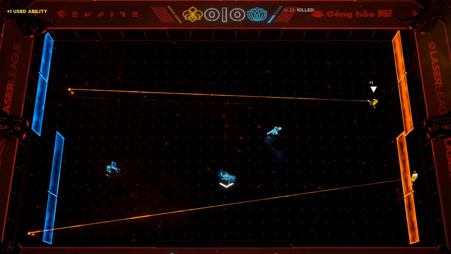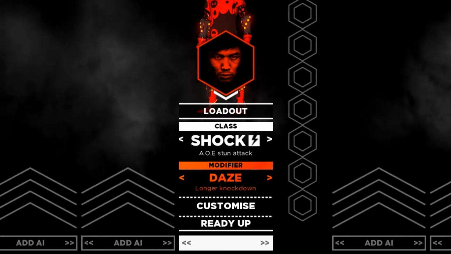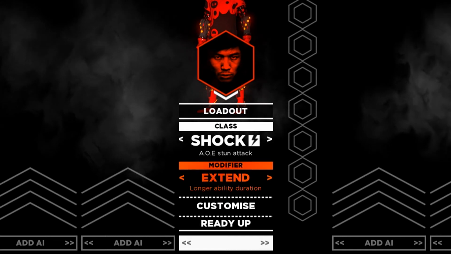Or I could use it to defend something, right? If I don't want someone to collect a power-up, I can drop my line and put this line as a sort of barrier between the power-up and the opposing team. Each class also has modifiers that can adapt and change the ability, and again, these are really important